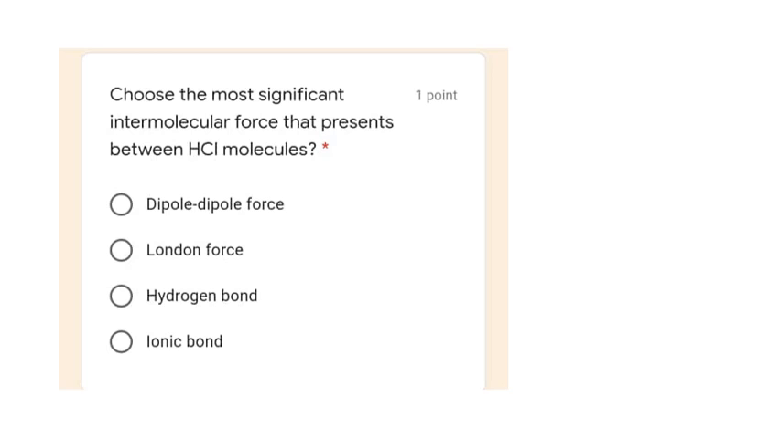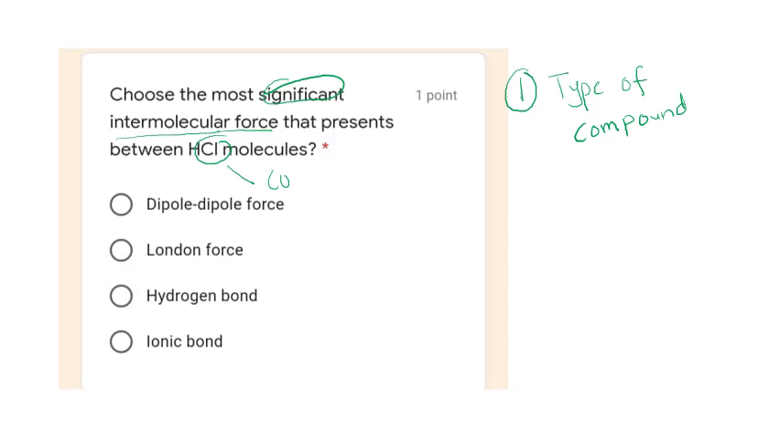Choose the most significant intermolecular force that is present between HCl molecules. Once we want to check the intermolecular force, the first thing that we're going to check is the type of compound. Once we know HCl is a covalent compound, you can start to ask yourself about the type of intermolecular force that may be found in a covalent compound, which are possibly hydrogen bond or dipole-dipole